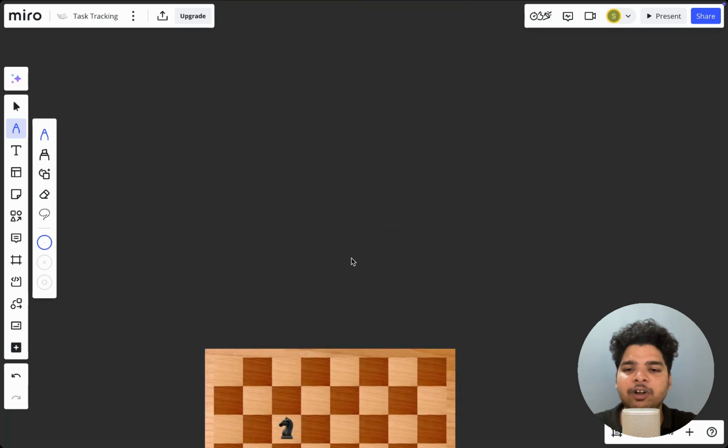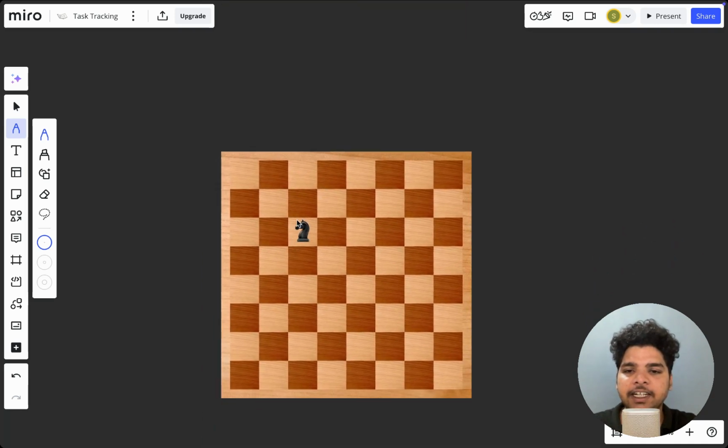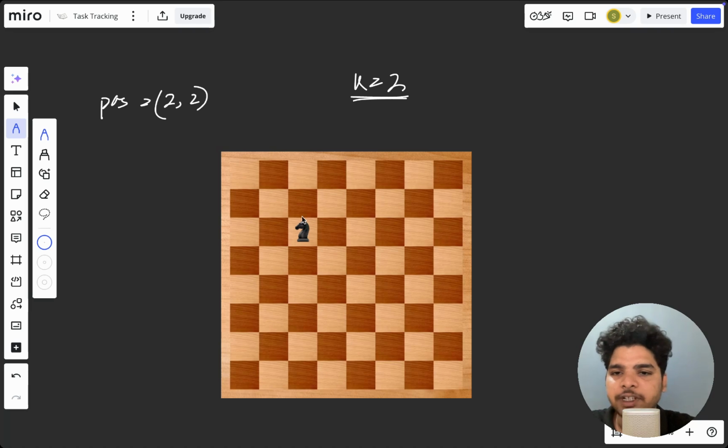Let's say the knight is positioned at a different position. Here the position will be, let's say, 2 comma 2, and let's say k equals 2. Now after two moves, where could the knight be positioned? Let's try. First it could move vertically to the top here, then from here